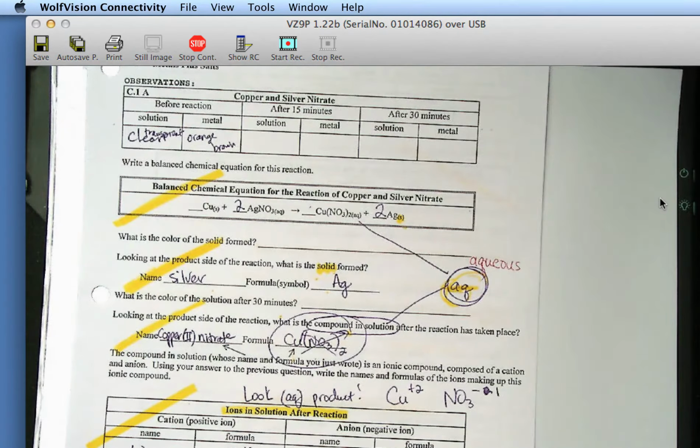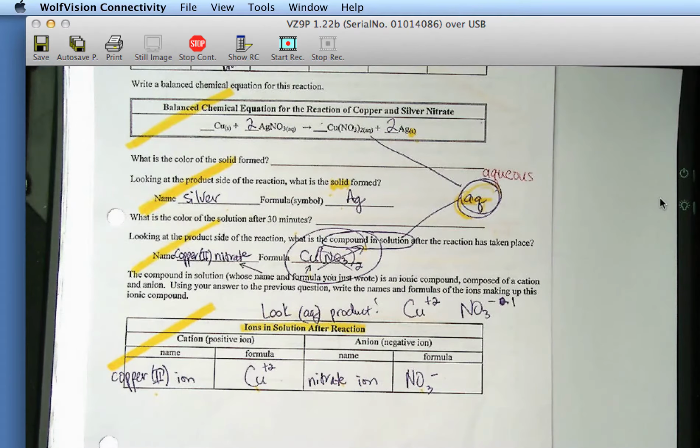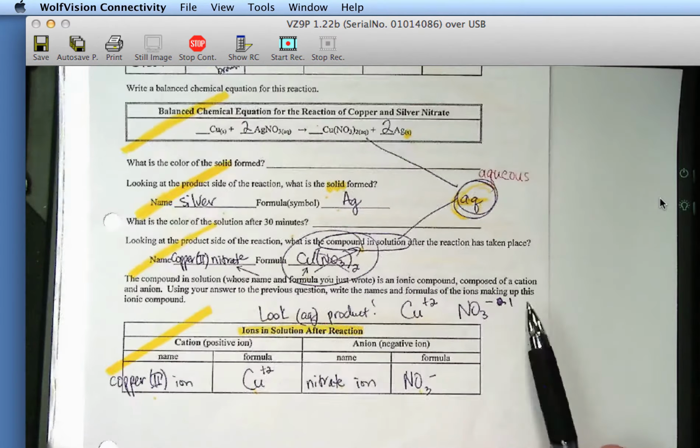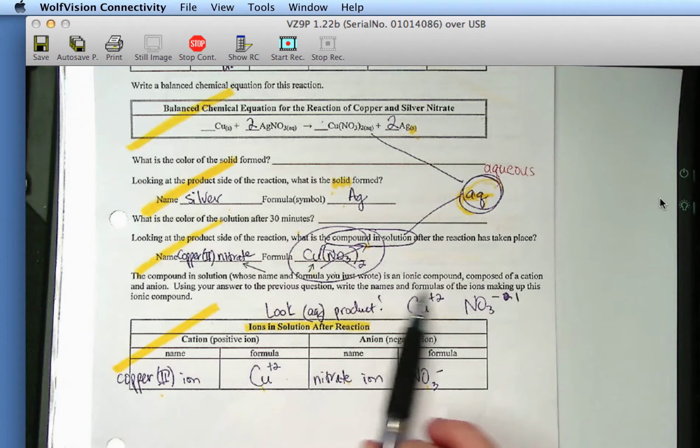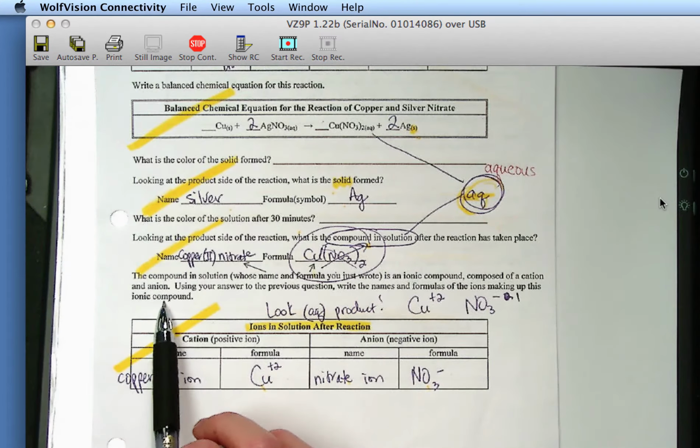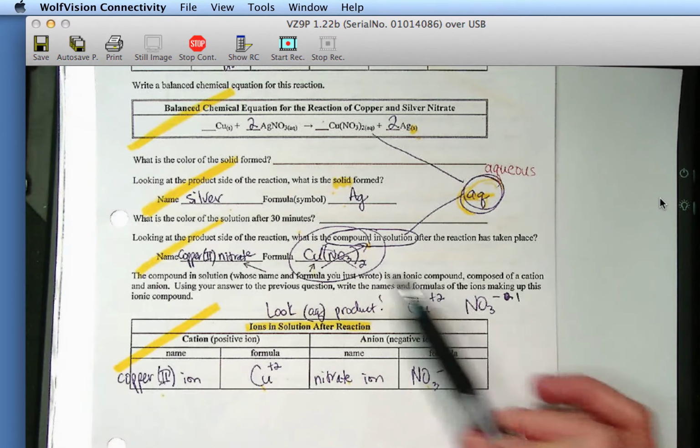And then at the very bottom, it says the compound in solution, whose name and formula you just wrote, is an ionic compound. So ionic compounds in water are really just broken up into their ions, their cation and their anion. Using your answer to the previous question, write the names and formulas of the ions making up this ionic compound. So you're going to do the crisscross,